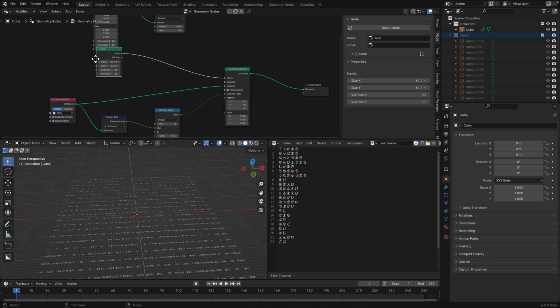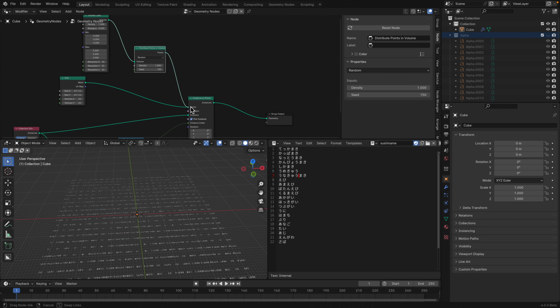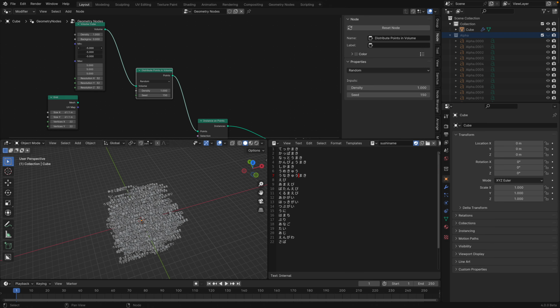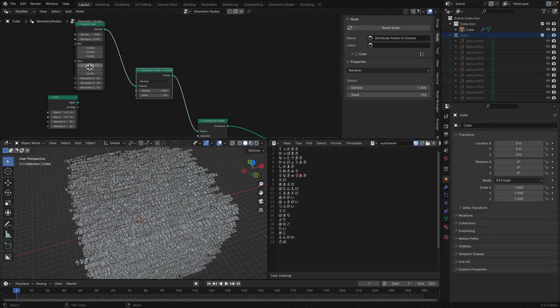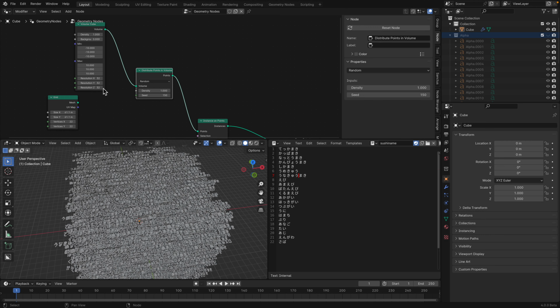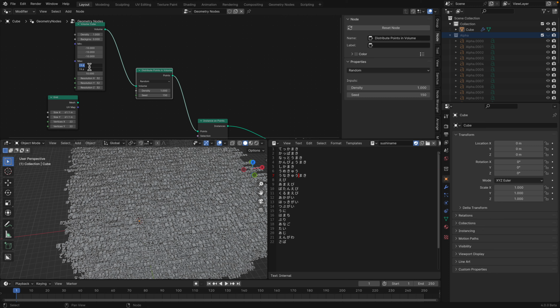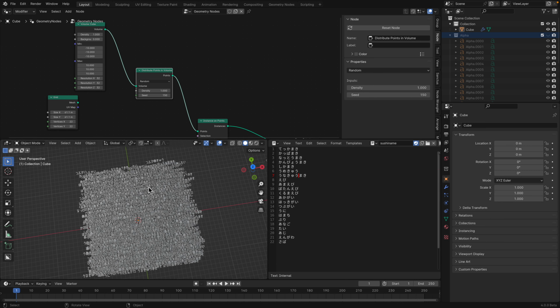Okay, that's the grid. In this case, we just want to have it as a volume. So this is what I have. Minus 10, 10, 10, 10. We can increase this to whatever we like, but just make it a 10 by 10 by 10 cube with random sushi names,